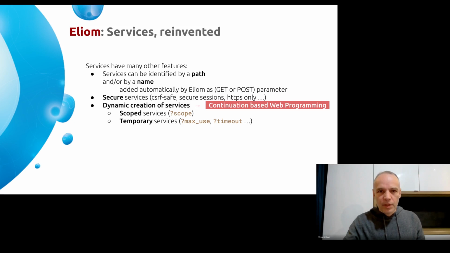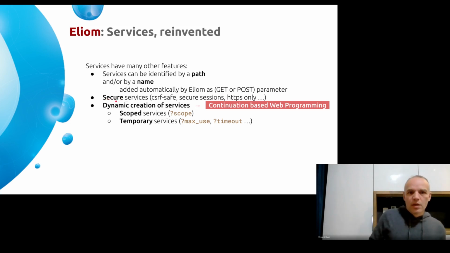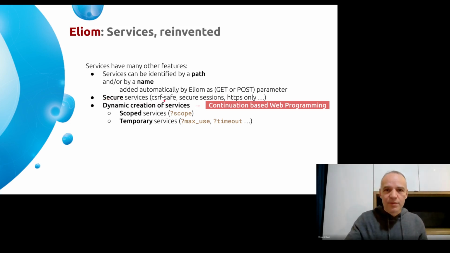And if you look at the interface of the service creation and registration functions, you will see that they have optional parameters that you can use to protect against some security issues like cross-site request forgeries. And one of the most advanced features we have is the dynamic creation of services. It means that you will be able to dynamically create new services customized for one user or what a user